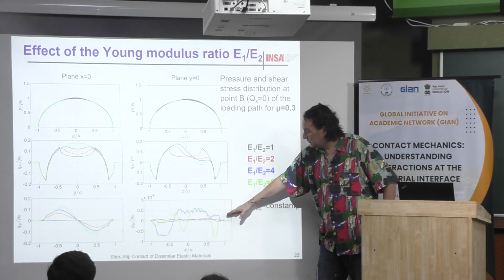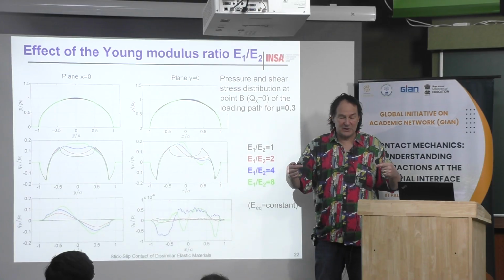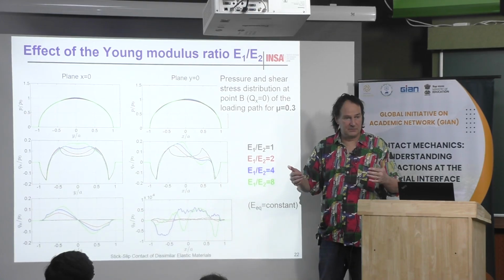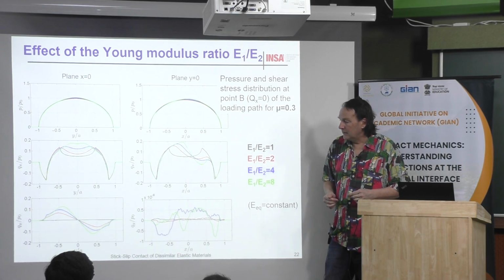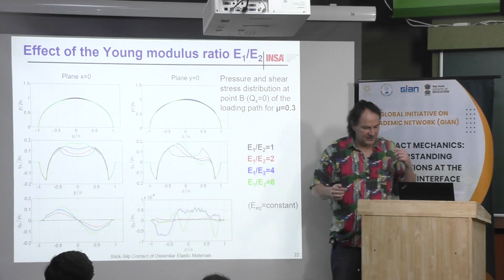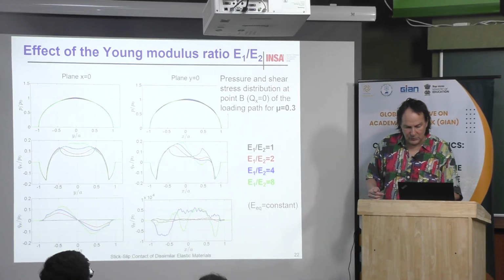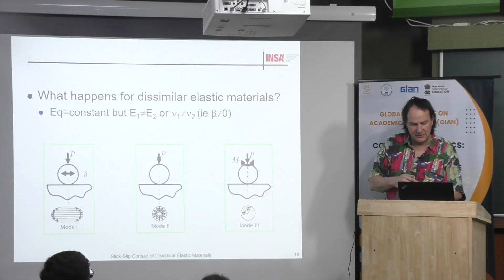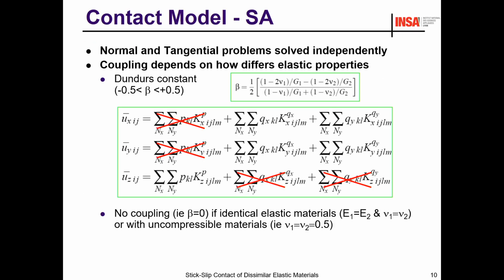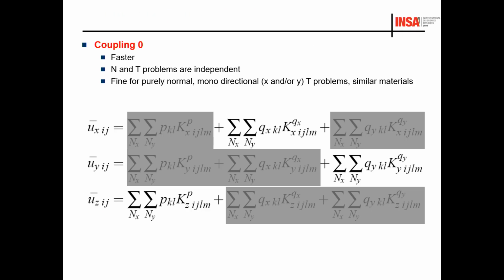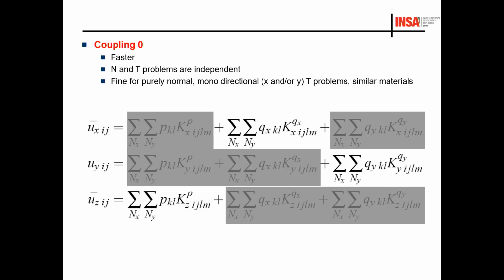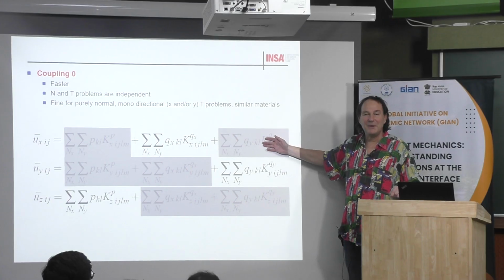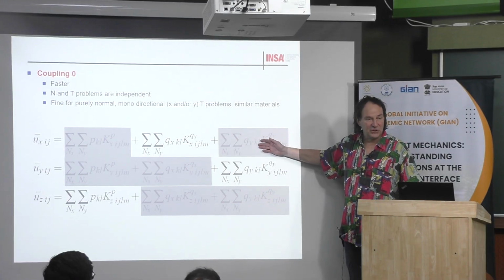But then, which means that the shear stress along the transverse direction is nil, equal to 0. And when I said before that you can neglect, I will go back quickly. When I said that this is coupling number 1, you can neglect in fact this term, because when you have the same material, it is negligible.